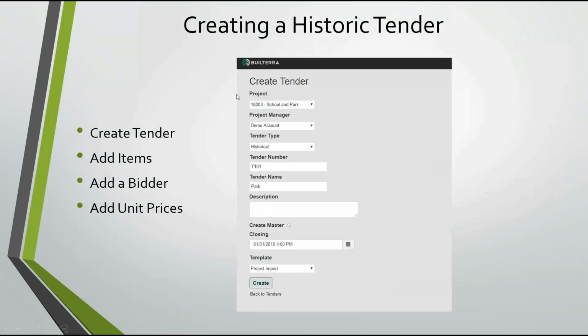So when you create a tender, this is where you specify everything as if it was a normal active tender. The only difference is we're going to call it historical. Historical allows you to put in the bidder, the awarded bidder, and the pricing for the tender. Typically this would be used if you had bought the tendering system and you want to put in an old job, or put in old pricing to get your cost estimating up to speed, you can